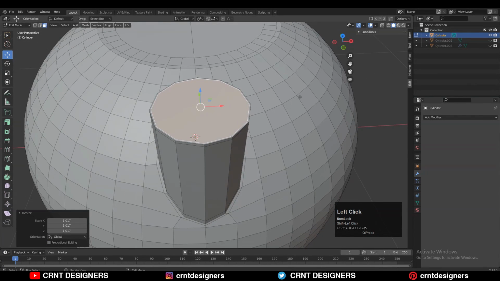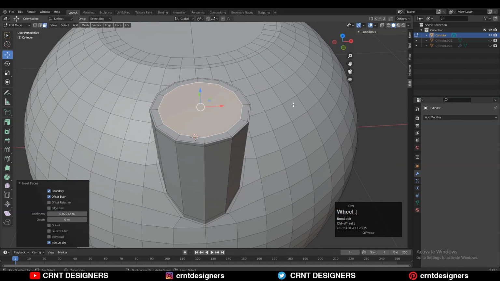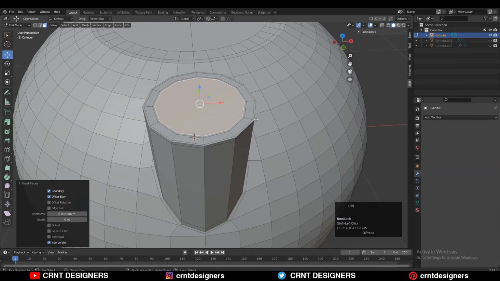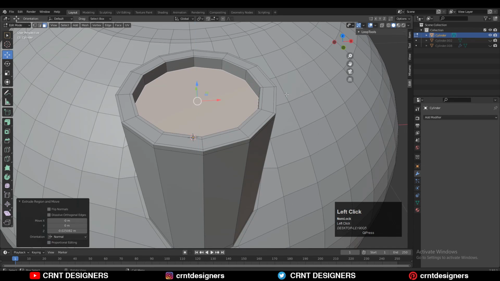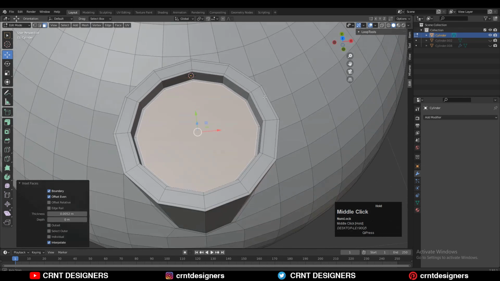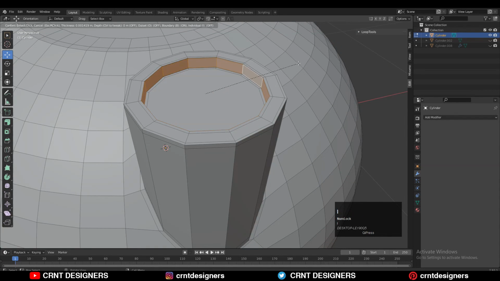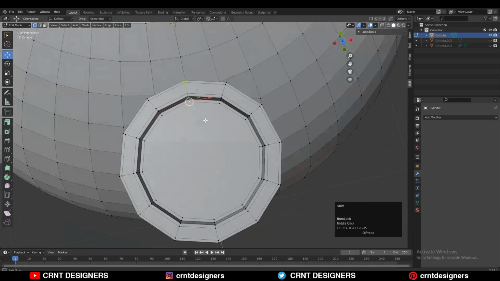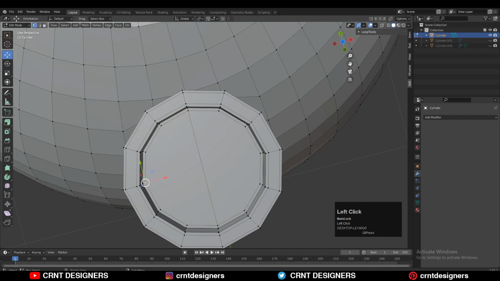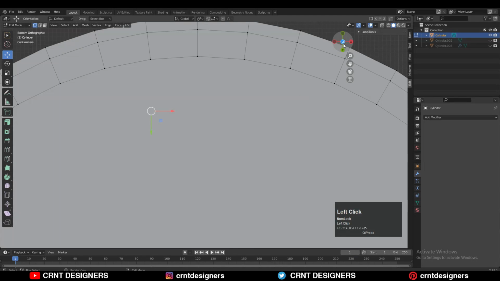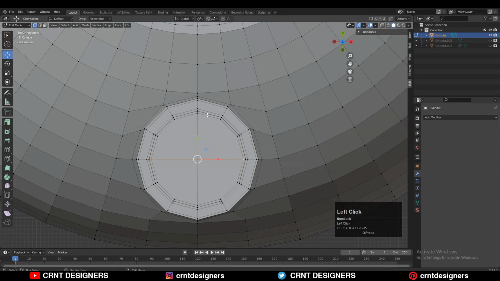So here I just want to create a design a little bit so it will look pretty good. Design is a very important thing and you should have good design sense for it. Here I am creating a little bit of design. So select the vertices, right click and then connect vertex path and try to create the quad based topology there.